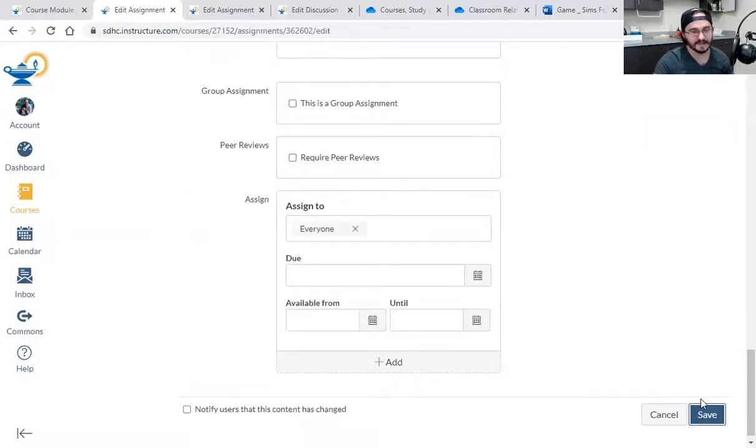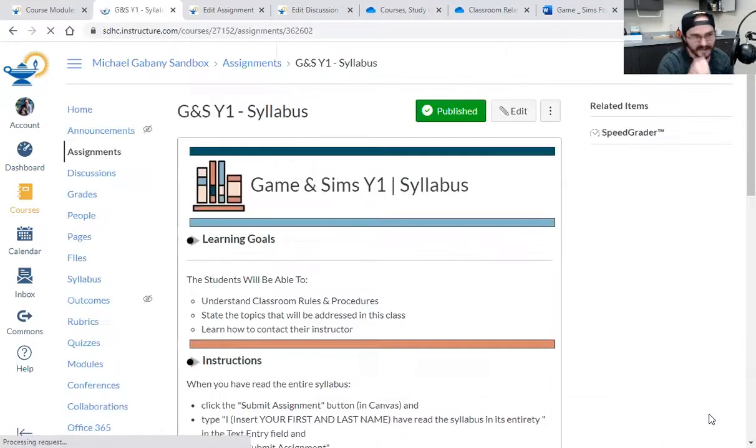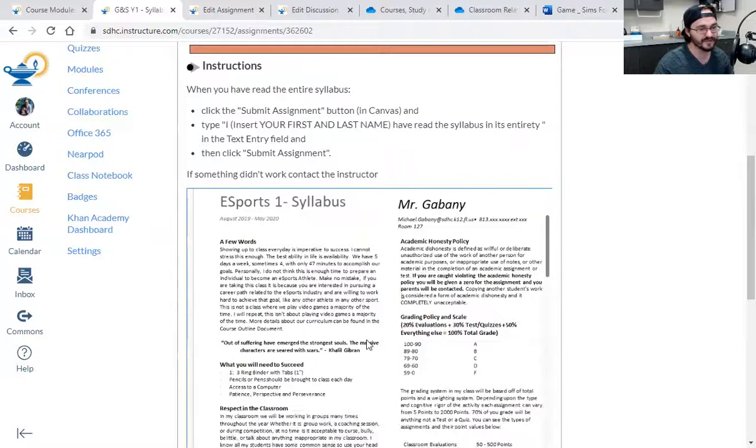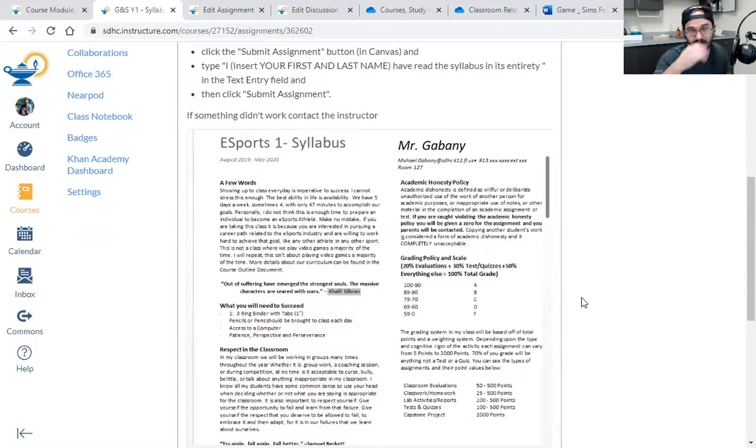Now, I don't know about you guys, but I like to give gotcha moments, right? Like, gotcha. You didn't read it. So if you really wanted to make sure, you could go through your syllabus, make little questions, and give them a quiz based off that reading, right? So I could ask them a question: who said the following phrase? And then I could copy this phrase and give them a bunch of different questions. See who read it.